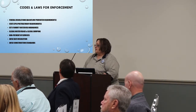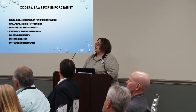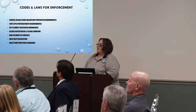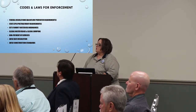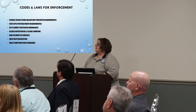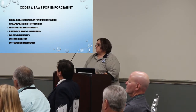We have one metal plating company, and then we have one that actually removes the turpentine and the rosin from pine tree stumps. So those are categorical, and they're treated differently than just a biological manufacturer, because they send things to the wastewater plant that the wastewater plant cannot treat. So that will either pass through or settle in our sludge. So they have to be monitored more diligently than the biological plants, because